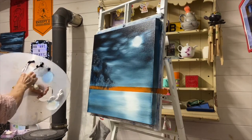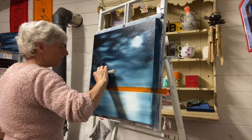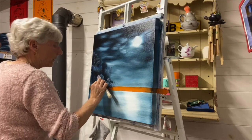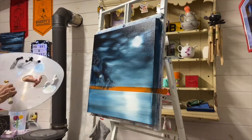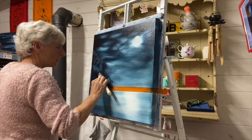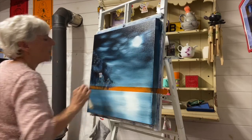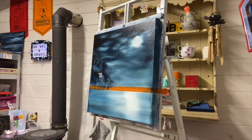Again, using the dark colour, might add a little bit of yellow to it just to give a little bit of a difference. This one's going to be in darkness, so now we'll add a little bit of white to it, making it a bit grayer. Add a little bit of red, grey it down, there we go. Another one. There we go, there's his roof. Alright. It looks more like a little fishing shed, more like a boat shed,